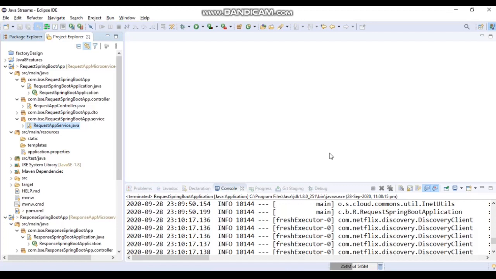In the first part we learned the basics of microservices, how to call microservices using RestTemplate.getForObject. In the second part we learned how to call microservices using RestTemplate.exchange, and in this part we are going to learn how to call microservices or Spring Boot apps using Eureka server. So actually microservices are a set of Spring Boot apps, and they call each other and exchange data between